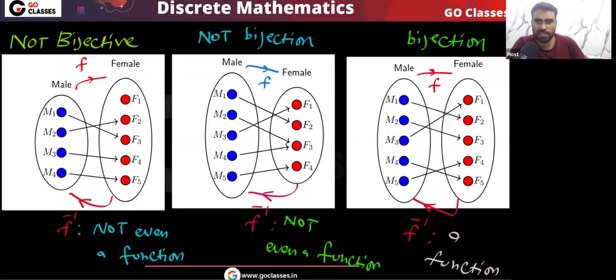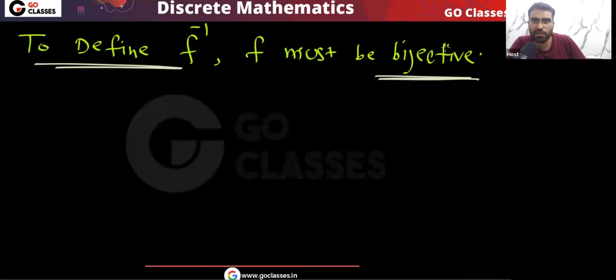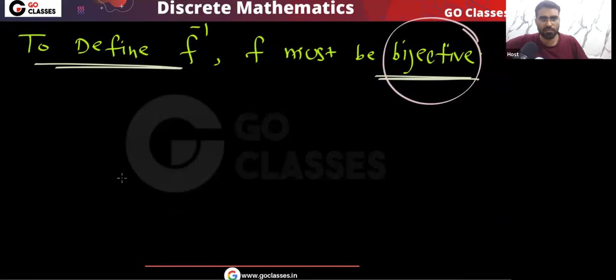So that is the reason I'm telling you that to define f inverse, f must be injective. Sorry, f must be bijective. To define f inverse, f must be bijective. Okay, is this clear? So remember one thing, f inverse exists,